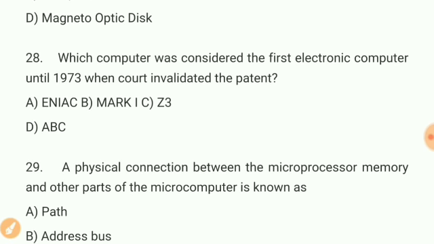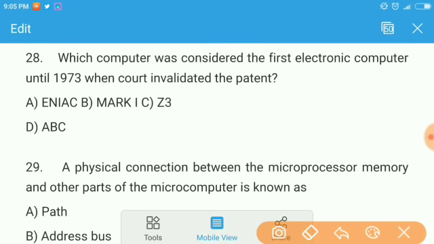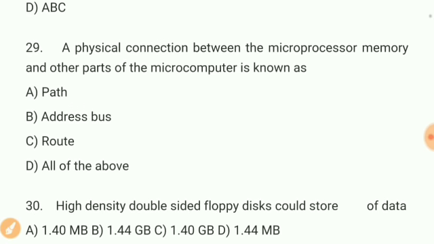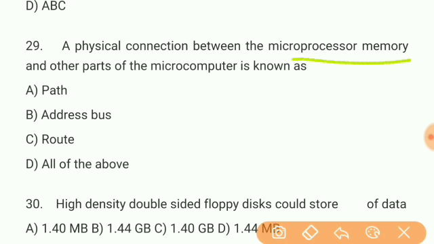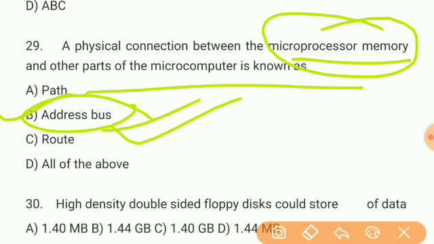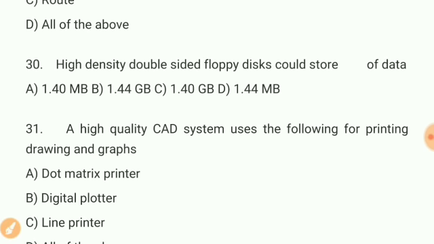Then, which computer was considered the first electronic computer until 1973 when a court invalidated the patent? The correct answer is A, ENIAC. Then number 29, a physical connection between the microprocessor, memory, and other parts of the microcomputer is known as what? Address bus. Then